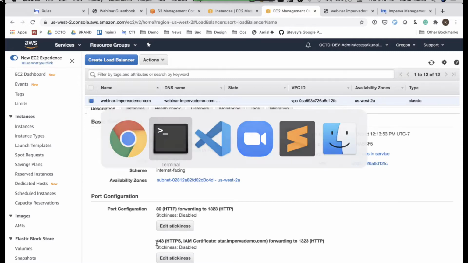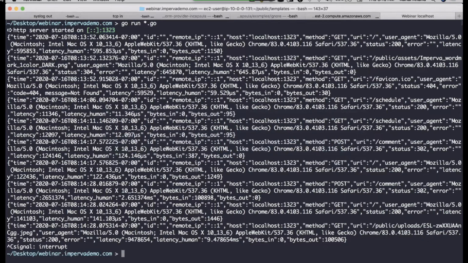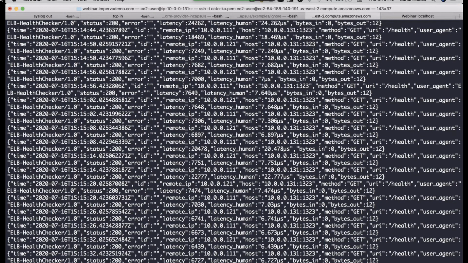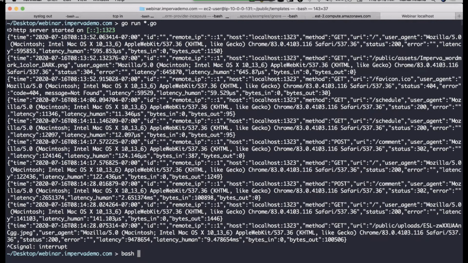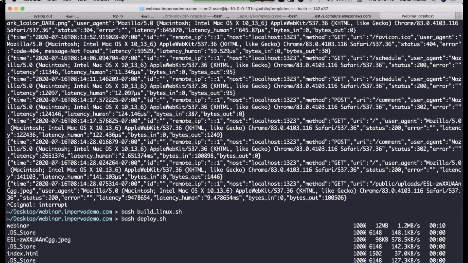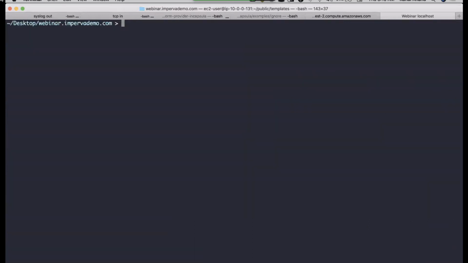And again, I wanted to be pretty lo-fi about this, nothing too crazy, nothing too sophisticated. What I'm going to do is walk you through an example. If we wanted to do a build of the binary, and then a deploy of that binary, we'll grab all this metadata, grab all these files, and just upload them up to the server. Nothing too out of the norm. The deploy script just runs that go build command locally, and then copies all the files that I have locally back up to the server.